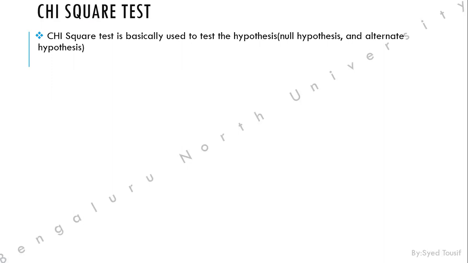For example, a chi-square test or t-test. We'll perform that, and based on the result we'll reject one of the hypotheses. If the null hypothesis succeeds, then we'll reject the alternative hypothesis. If the null hypothesis fails, then we reject the null hypothesis and accept the alternative hypothesis. This is the actual scenario.